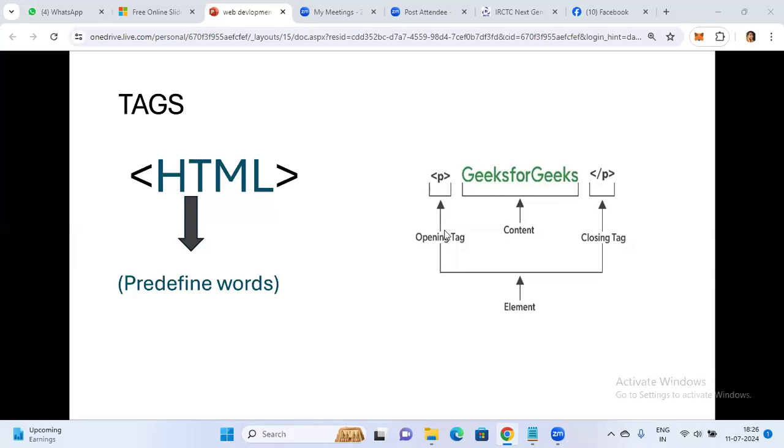All of that together we call an element. Understand? So in any HTML document you take, we have an HTML opening tag and an HTML closing tag, and all the functionality together we call an element. We'll be discussing that in the further slides.